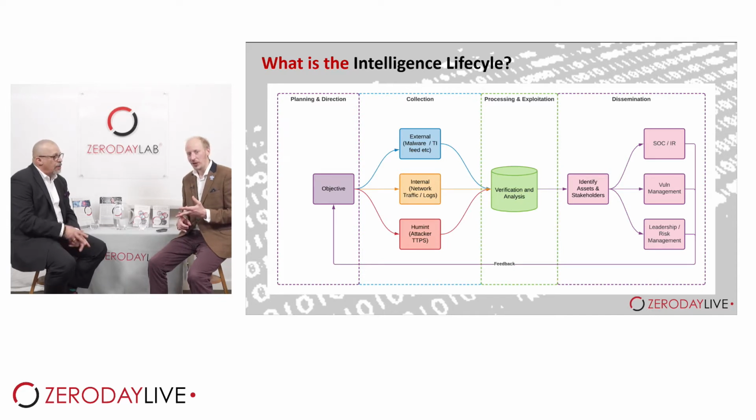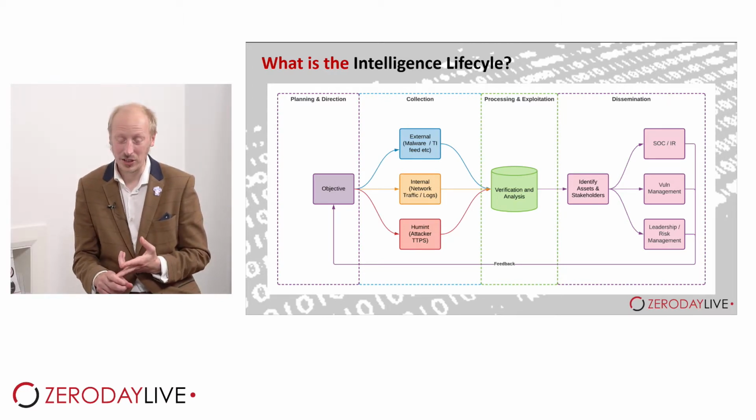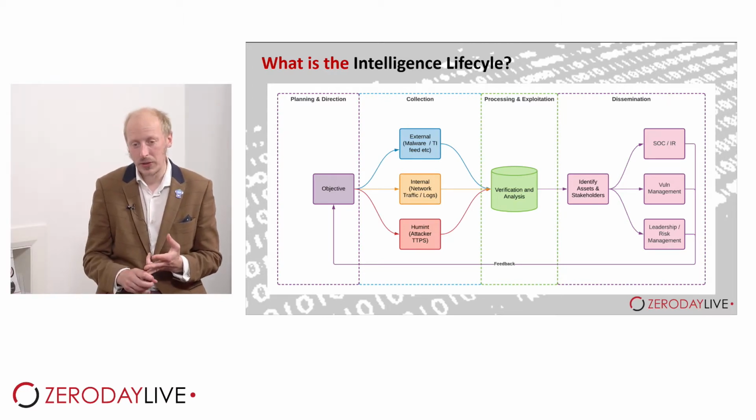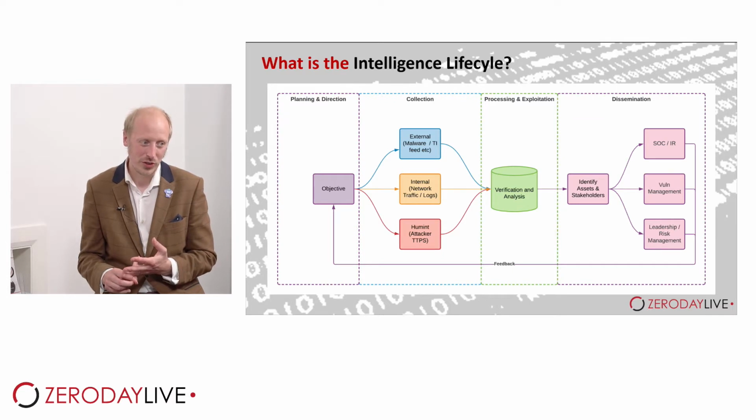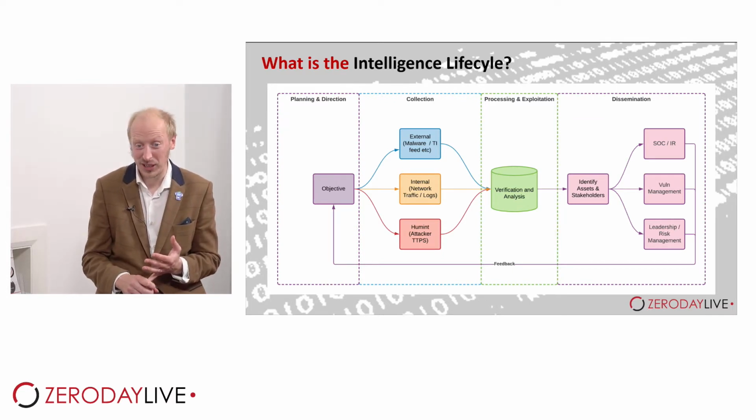Okay. You need to verify not only the data you're capturing currently, but looking historically how useful that data has been. To be able to say, right, if I'm trying to solve this problem and I've not been able to answer it historically, is the data I'm capturing the right data? Do I need to refine my search? Do I need to increase the type of data I'm collecting? Do I need to look at different sources? So it's almost not a case-by-case basis, but it all comes down to the objective, right? What am I trying to answer in terms of questions, and how am I trying to answer that question in terms of the objective of that particular intelligence campaign?